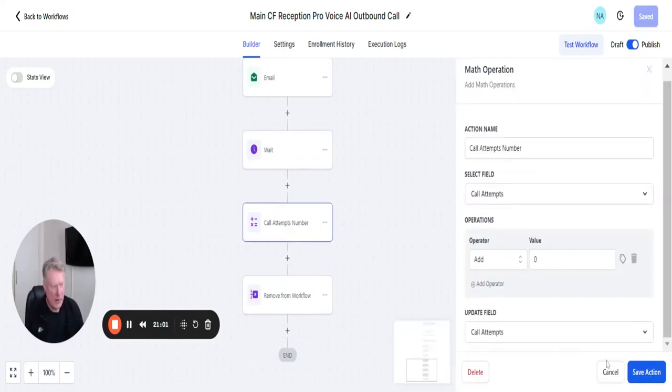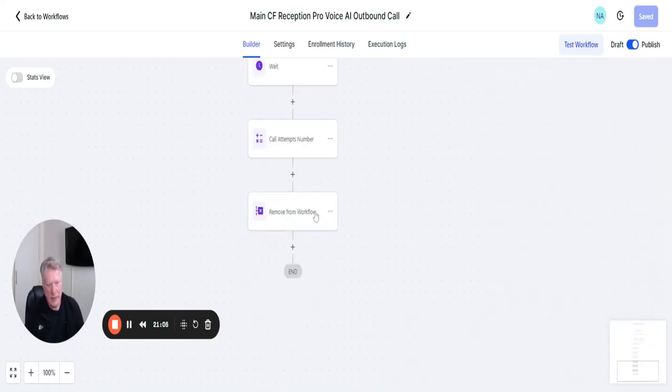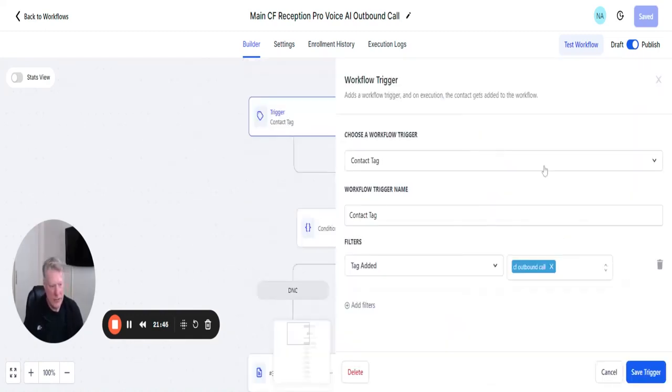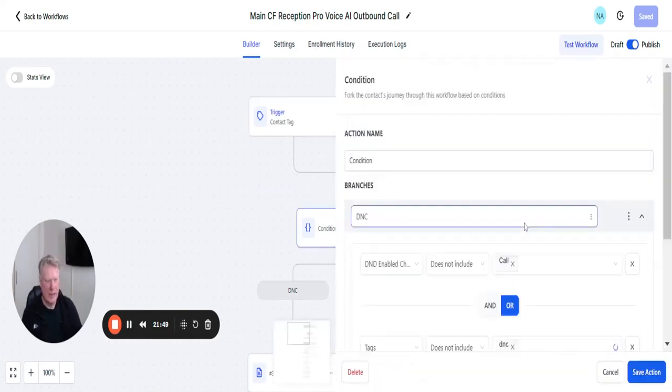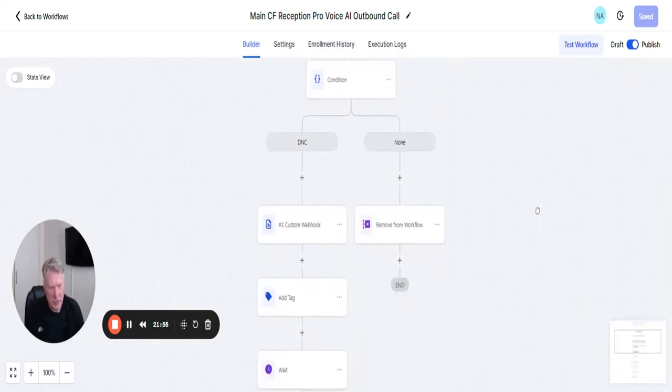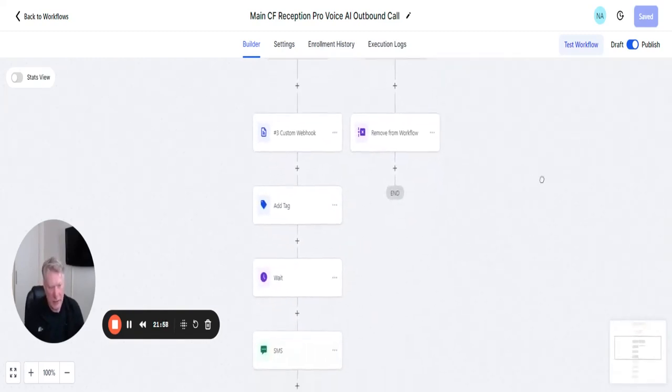Obviously at the end here, we can put remove from workflow. So we can add in extra things, like in this case, it's got DNC enabled, but really just here to make sure you can do outbound calls from within GoHighLevel. That means you can add contacts in bulk and make automated calls